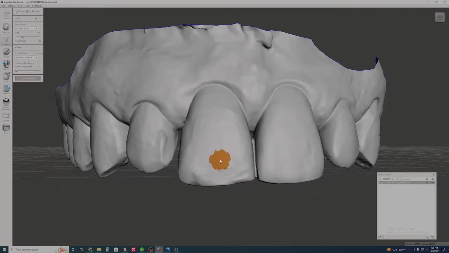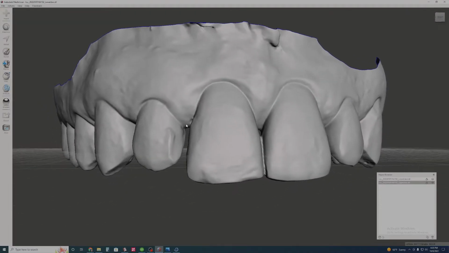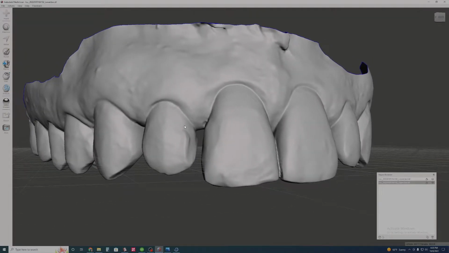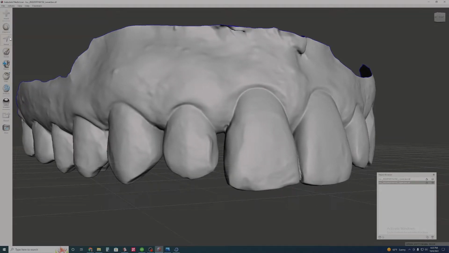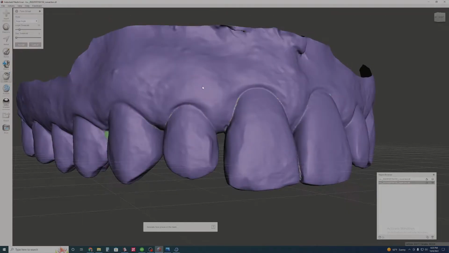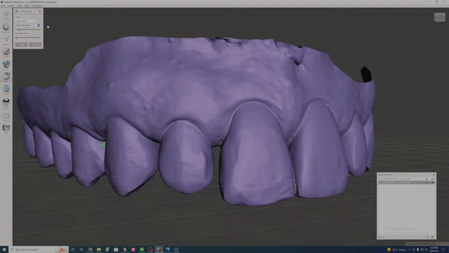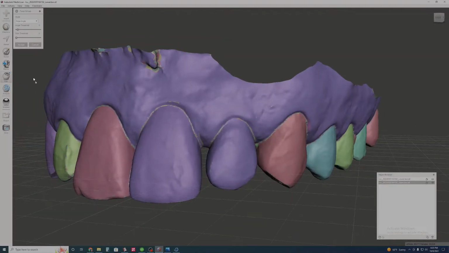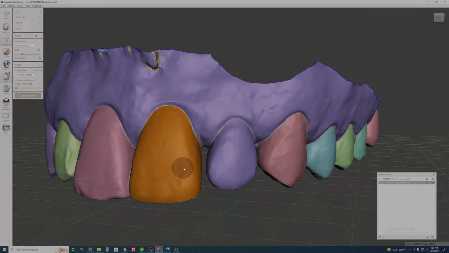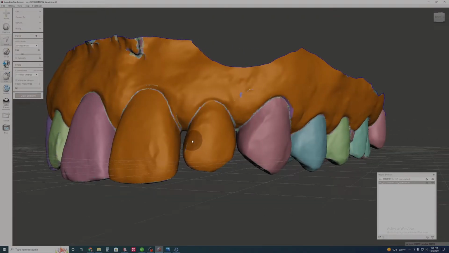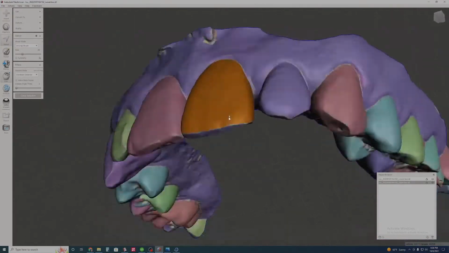So how I do that is I am going to select and create a face group, which will allow me to isolate these teeth I'm working on. I'm going to do a shortcut option here. Under Edit, I'm going to hit Generate Face Groups, and there's a certain threshold that you can adjust, and this is just selecting everything. Let's see what 5 looks like. It looks like it's still, well, that's actually not too bad. Yeah, so you can tell that when I double-clicked this tooth, it selected almost everything else, which I don't like,